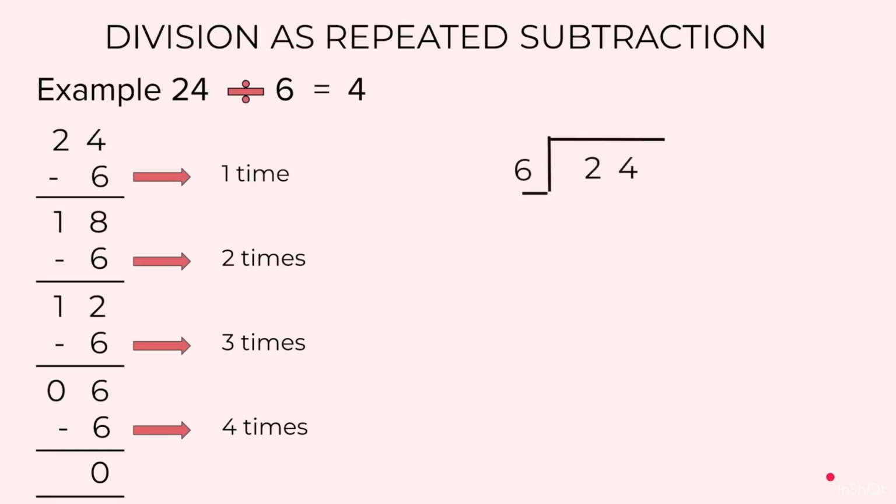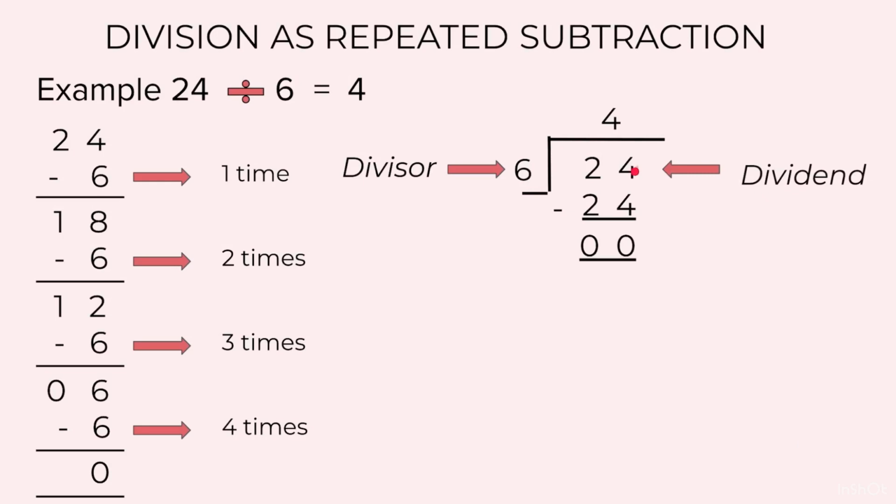When we write it in terms of the division, we make the sign like this and we write 24 inside and 6 outside. Then when we divide 24 by 6, we see 6 goes 4 times. So we write 4 on top, subtract 24 from 24 and we get 0 as the remainder. Now in this equation, 6 is the divisor, 24 is called the dividend, 4 is called the quotient and 0